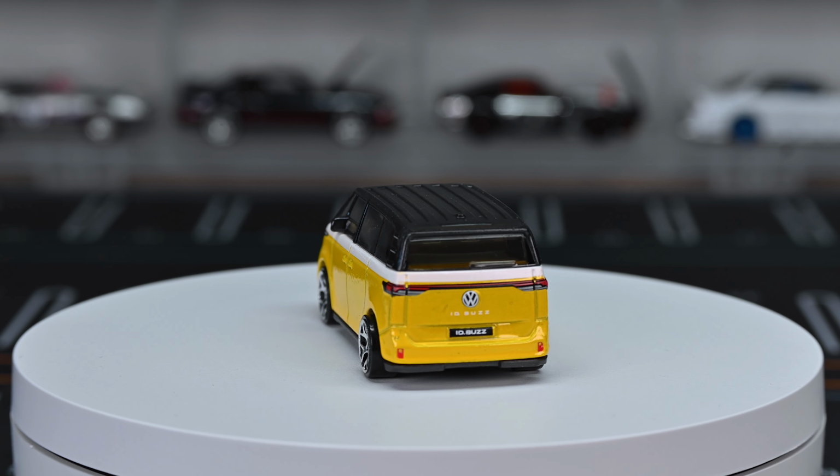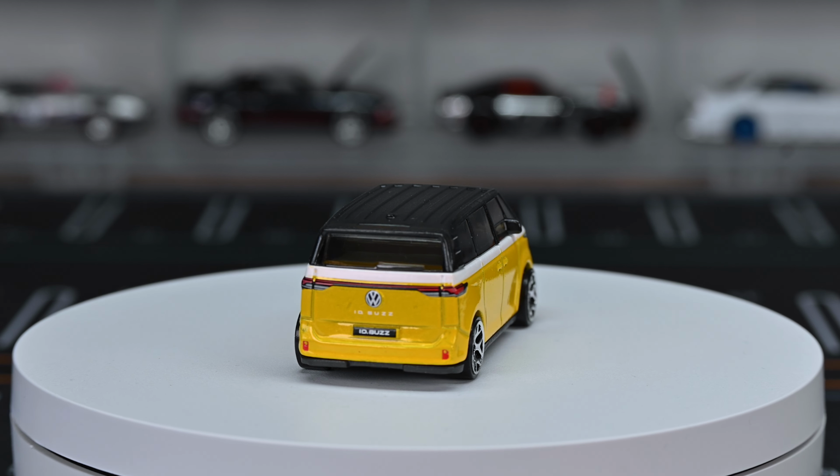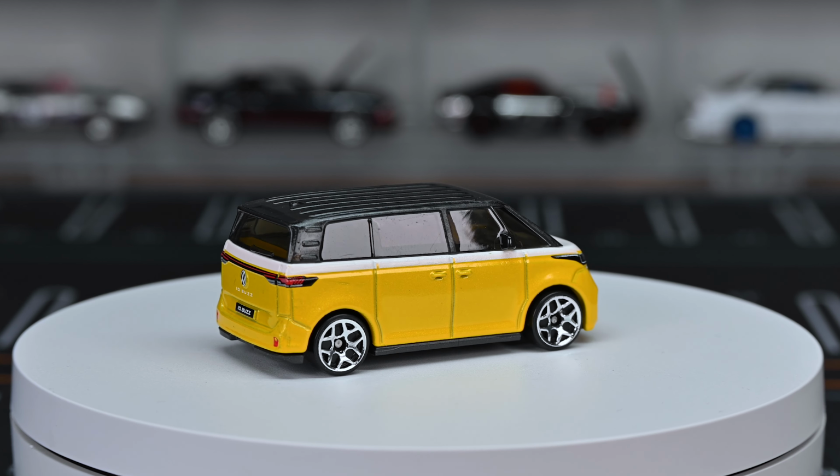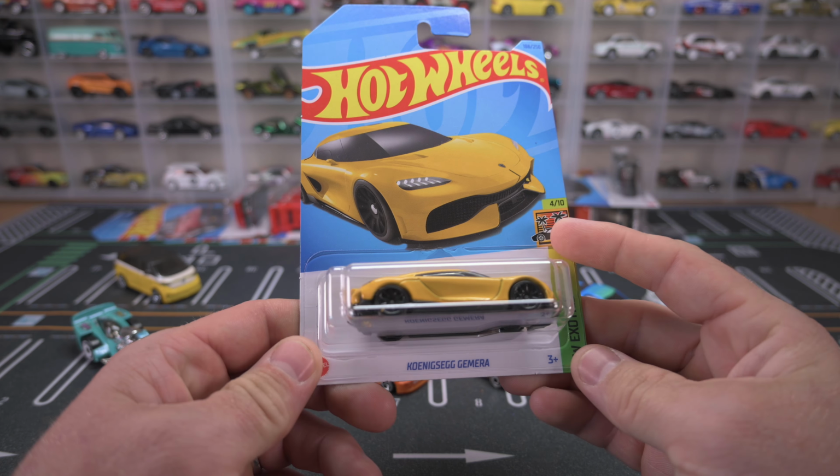It has a dark gray base, chrome wheels, and lightly smoked window tint, and the roof of the car is also the glass. And that is Buzz Lightyear. I mean, Volkswagen ID Buzz. Let's go ahead and park it up. Super cool casting. Very excited to see that. Let's go ahead and move on to the Koenigsegg